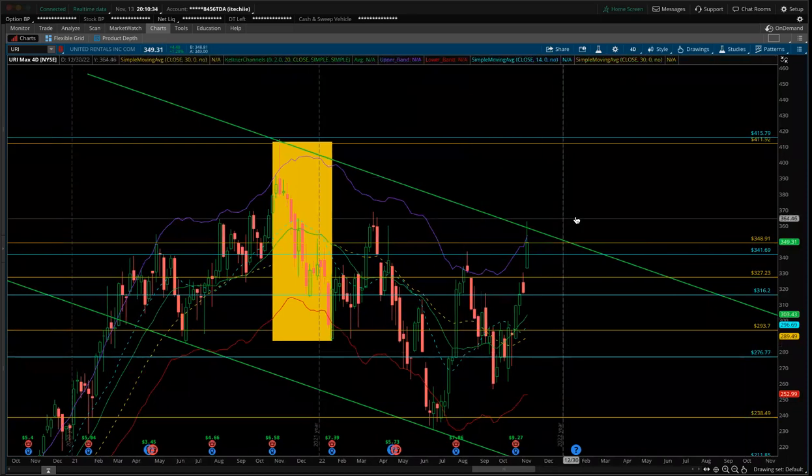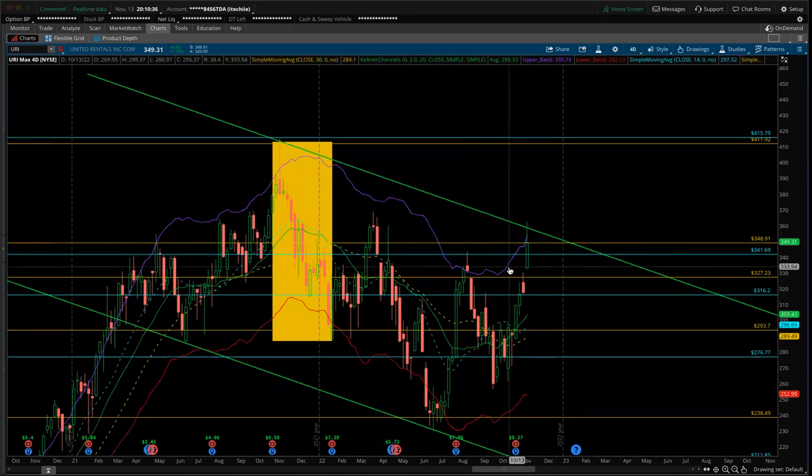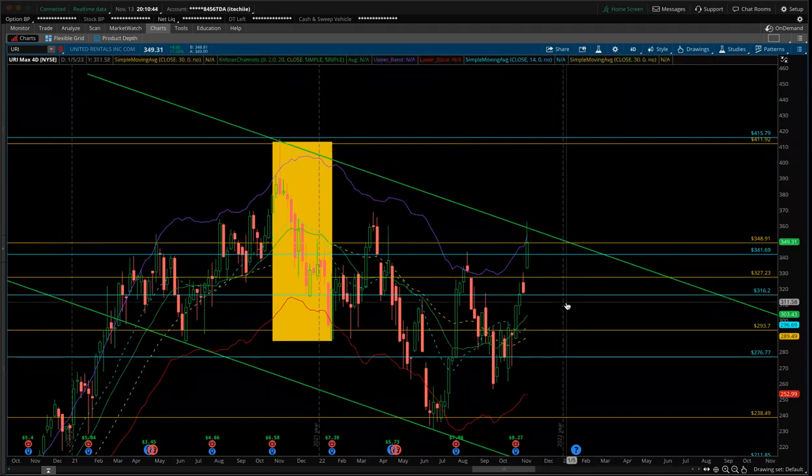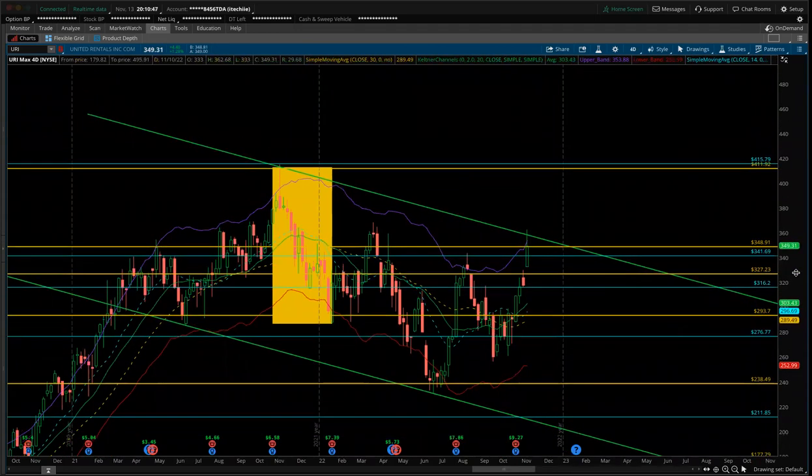I would like us to come back down inside, possibly fill this little mini gap between the previous 40 candle that was, what was that? 11.4. So again, not much. My whole thing going into this week is I will be taking short-term puts on some of the names that are already in long-term that are actually runners, because